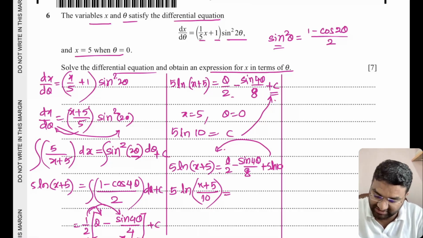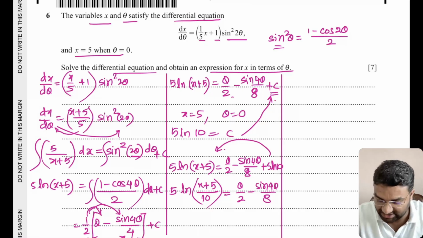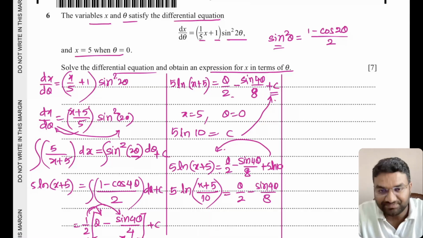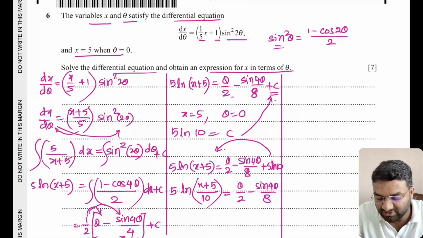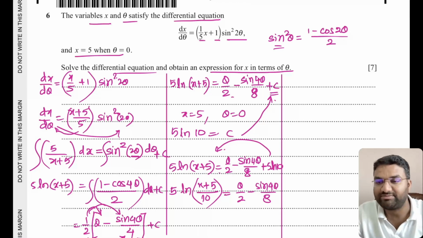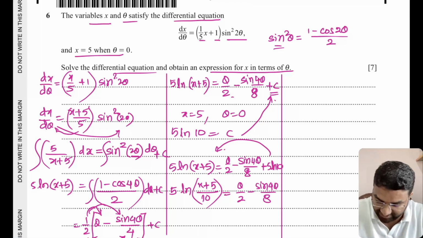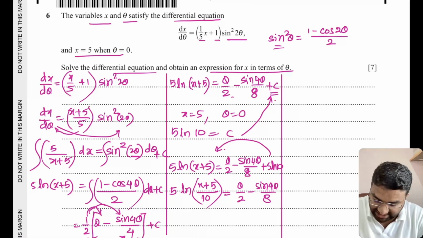So then theta by 2 minus sine of 4 theta by 8, right? Then the next part is we have to transfer 5 to the right, then ln to the right, and make x the subject. Firstly transfer 5 to the right: ln of x plus 5 upon 10 is equal to,